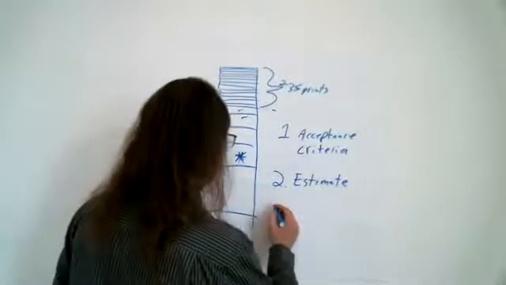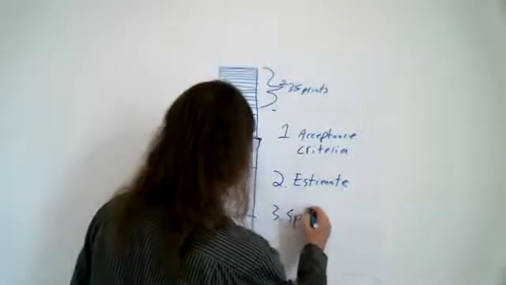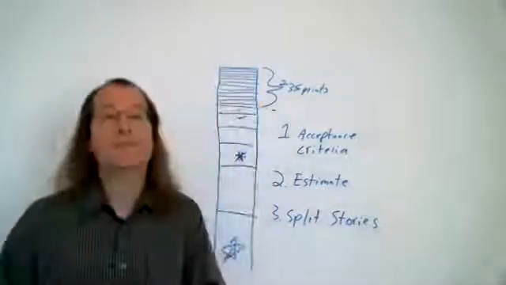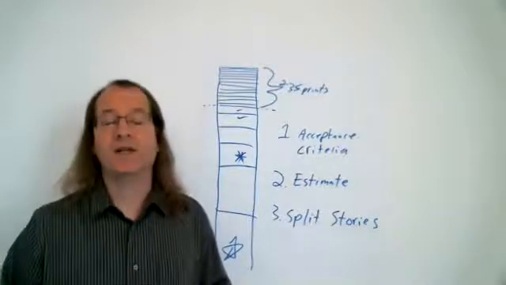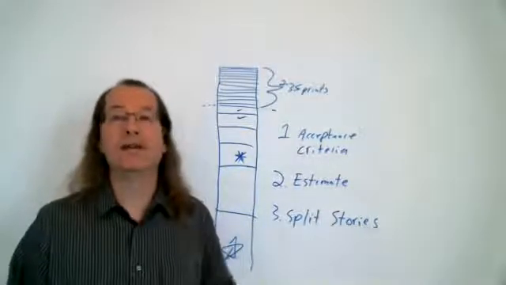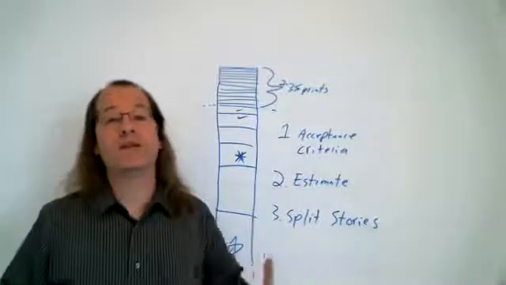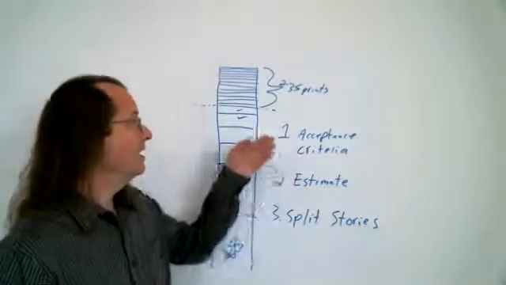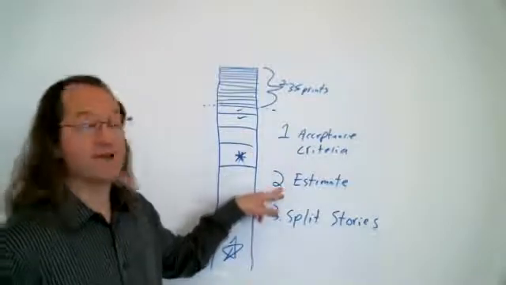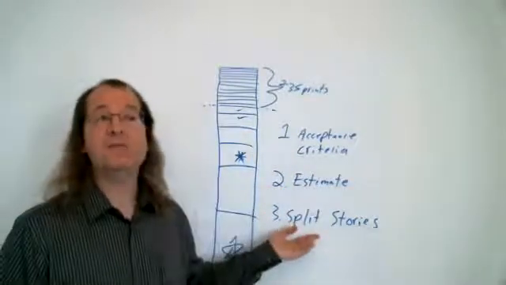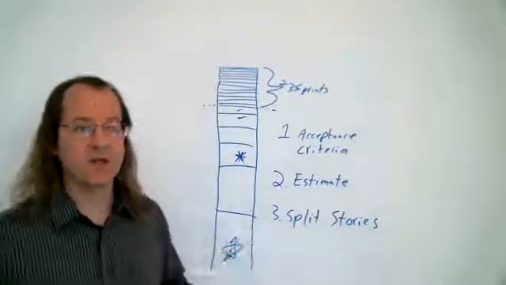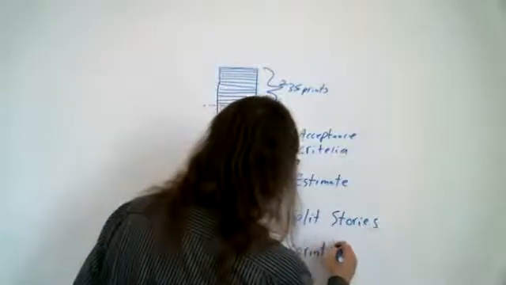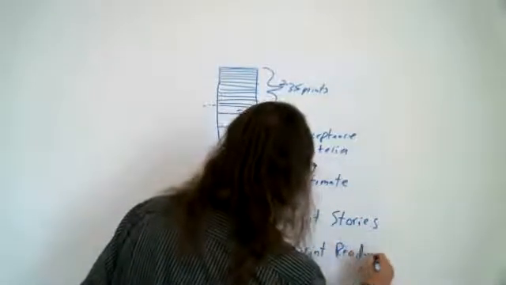Another thing we might do in this meeting is split stories, right? So split big stories into smaller stories. And this meeting isn't the only place that you might do story splitting, but it's a really good place. And even if we've done some story splitting outside of the meeting, we need to now bring those newly split stories to the team, validate that in fact they make sense as stories, work on their acceptance criteria and get estimates for them. So lots of times I find it's useful to do the splitting together as a team along with the product owner. And then fourth is to identify which of the stories that we've just talked about are